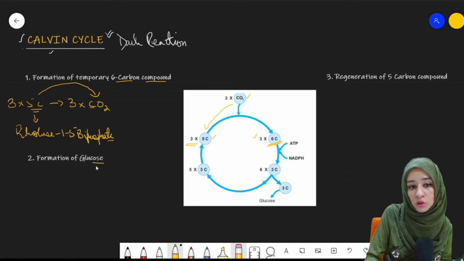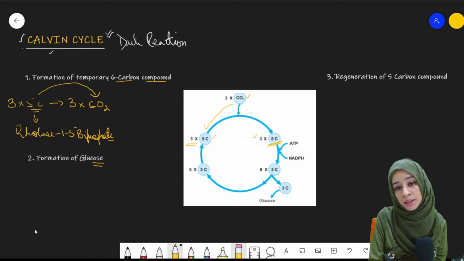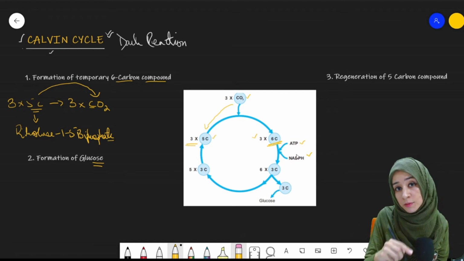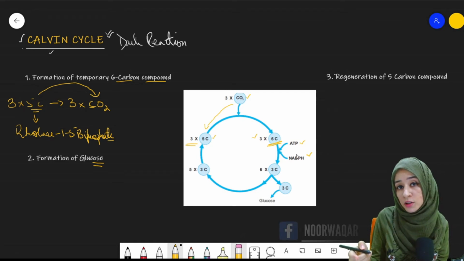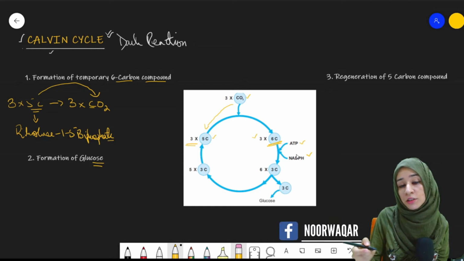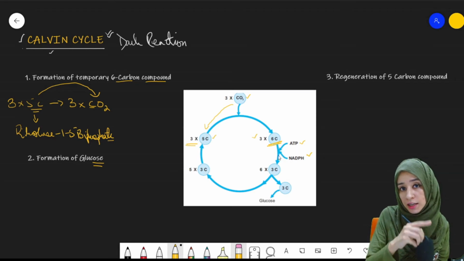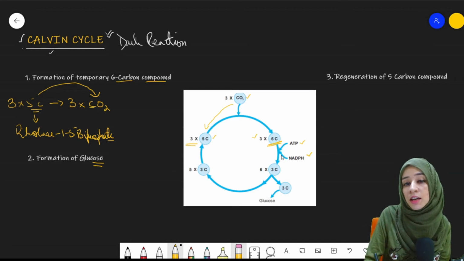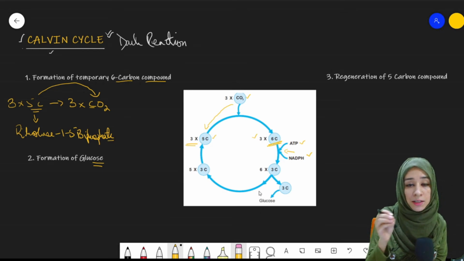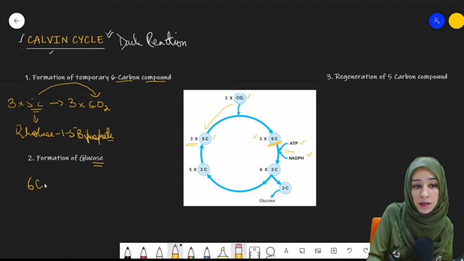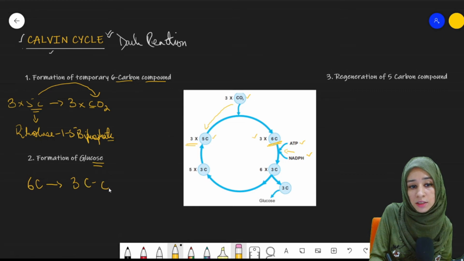That is the formation of glucose. What happens here is, you can see these are the high energy molecules, ATP and NADPH. We studied them in the previous lesson. ATP stands for adenosine triphosphate. NADPH stands for nicotinamide adenine dinucleotide phosphate, right? These 2 high energy molecules, which were produced in the light reaction, are now being utilized in the dark reaction. For what purpose? Energy is given to this 6-carbon compound, so it splits into 3-carbon carbohydrates. Now the 6-carbon compound will be changed into 3-carbon carbohydrates.